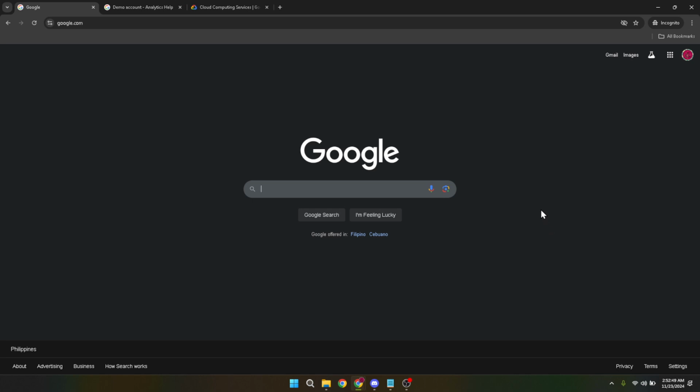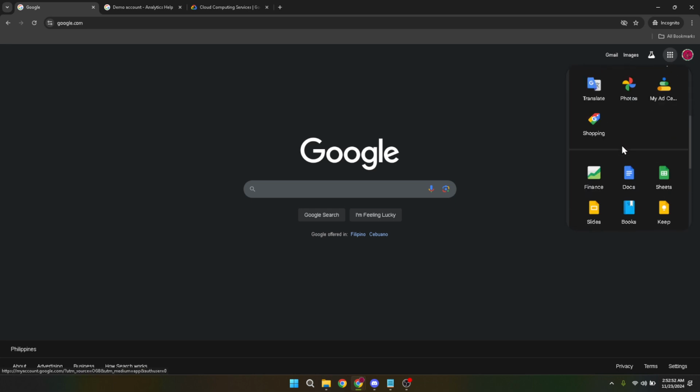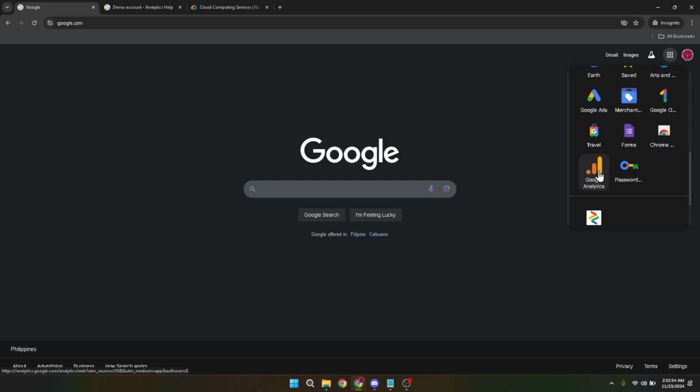Up next, we're diving into the Google Apps universe. Look towards the top right corner of your screen again. You'll see the Google Apps icon represented by a small grid of squares. Clicking on this icon will unveil a world of Google Apps available at your disposal. Navigate through this treasure trove until you find Google Analytics. A single click on Google Analytics will usher you into the Analytics dashboard, the nerve center for all your data